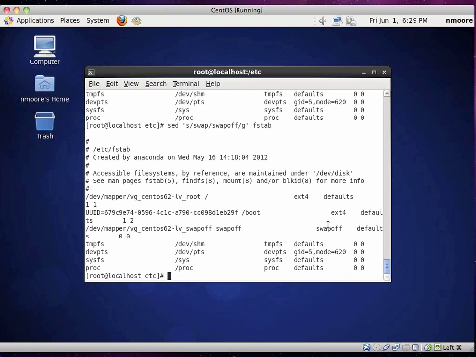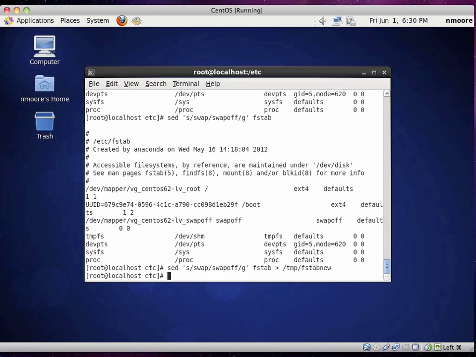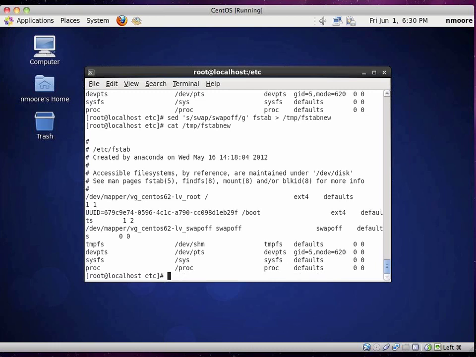And again, taking this into the place of maybe default configurations in a web app, where you need to change that default password very quickly, you can very easily do that with sed by just replacing it and then redirecting that output back into a file. So if we take this, for example, and say we want to replace that globally, let's create a new file called fstab new. Now if we were to cat that new file, we can see in the file we now have all the new information. So some interesting ways you can start leveraging that.